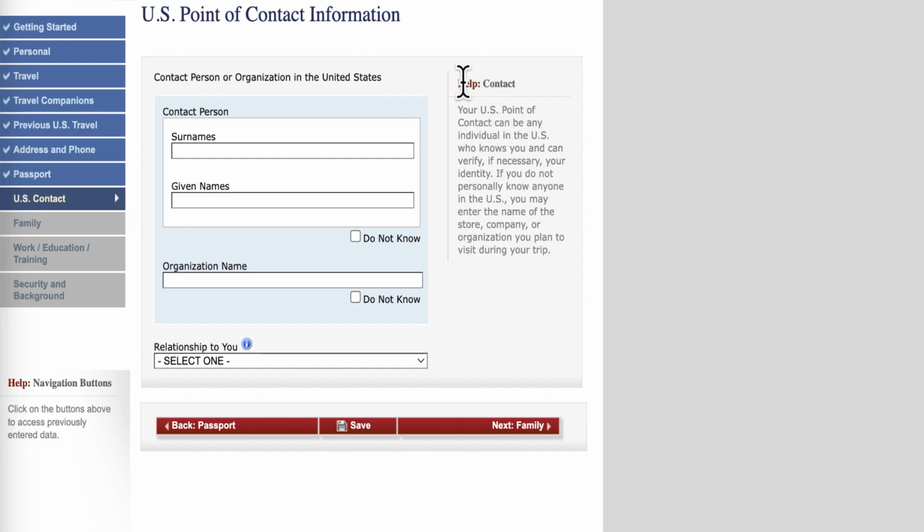And here it says under help, your US point of contact can be any individual in the US who knows you and can verify, if necessary, your identity. If you do not personally know anyone in the US, you may enter the name of the store, company, or organization you plan to visit during your trip. So they need a surname or last name, as well as given names, and then an organization name if you have that option. Otherwise, whichever you're not using, you just say do not know, and then they'll grey that section